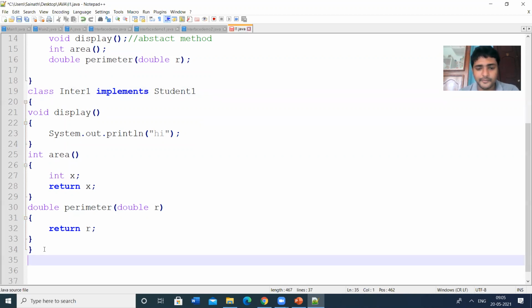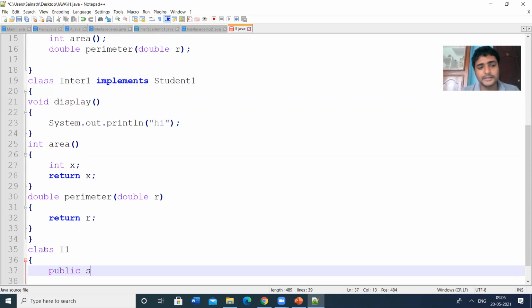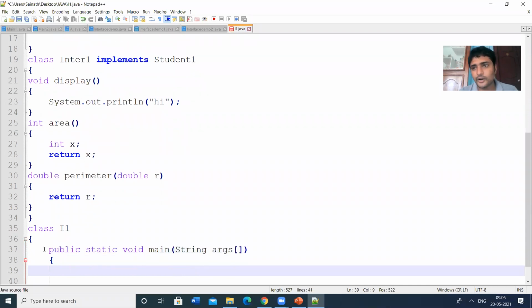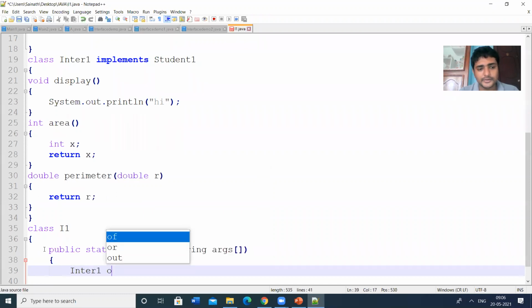Then we have the main class and main method. Suppose the main class is I1. Here we can declare public static void main String args. Then we can create the objects. The class name is inter1, so inter1 obj1 is equal to new inter1 with braces.